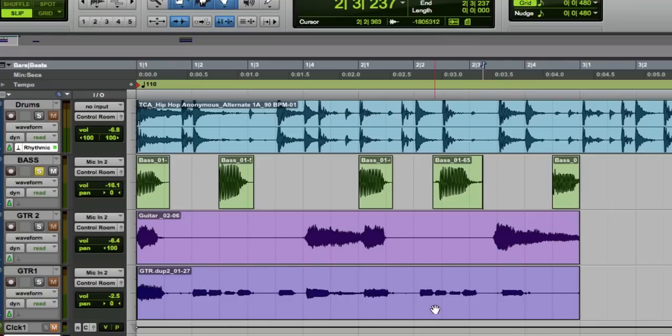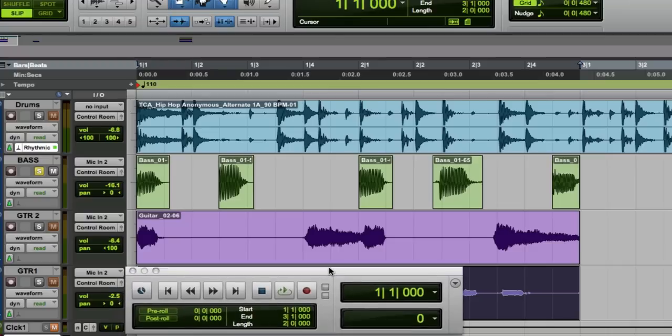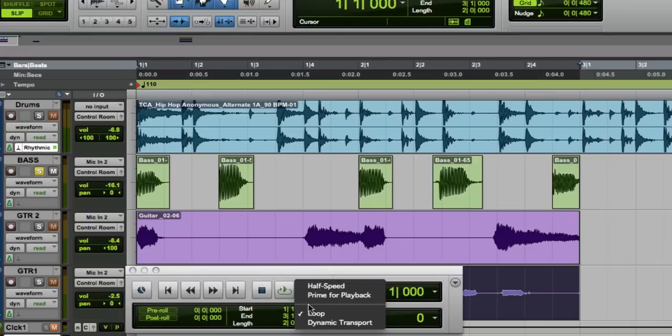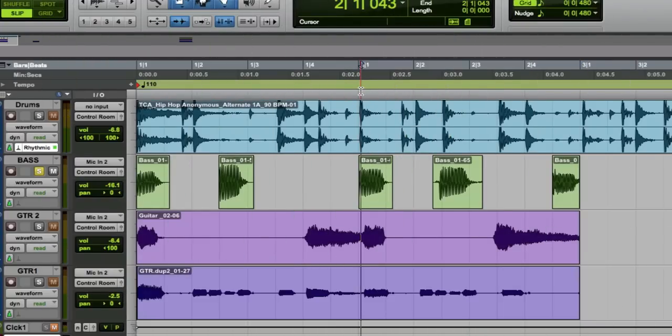And now I'm going to click on one of these whole regions, and the reason I'm doing that is to set the in and out points of my loop. On the transport, I've got loop playback turned on, which you need to do in order to get it to loop around. If I zoom in around here,